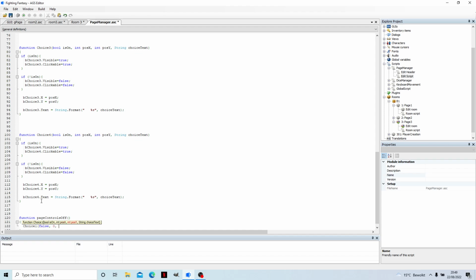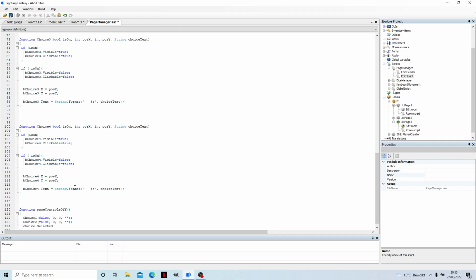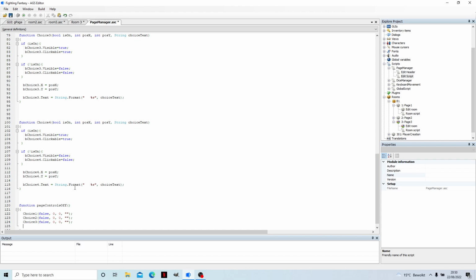We'll just set the position to be 0, 0, it's not important, and we'll set the text that's going to be in the button to be blank, and we're also going to do the same to choice 2, false, 0, 0, blank text, choice 3, false. So we're hiding the buttons here. Choice 4,